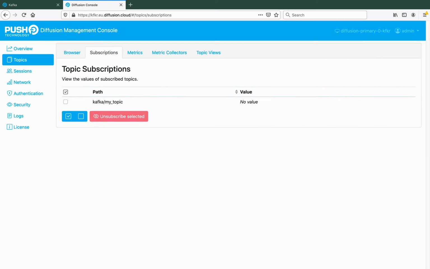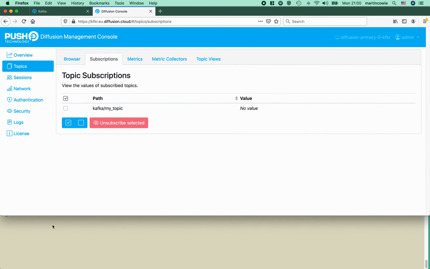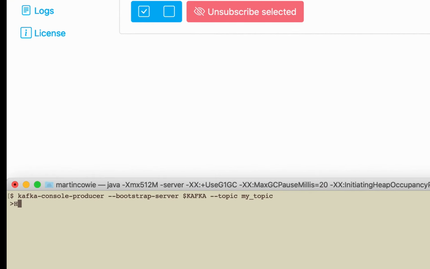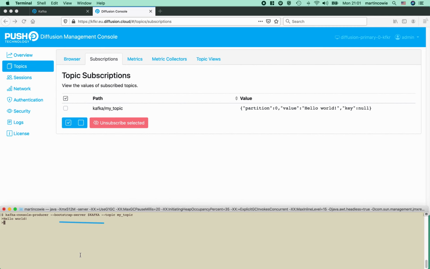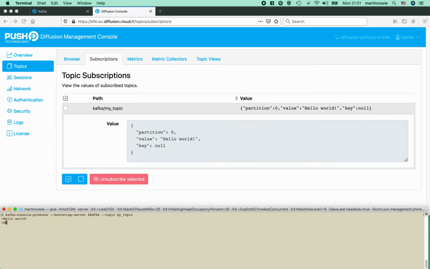The adapter is up and running, so let's put some data through the system. Here's our shell, and we're going to use the Kafka command line tools. And there's new data available in the topic browser. Let's try that again. It is again visible, as broadcasting a Kafka event is also a topic value change